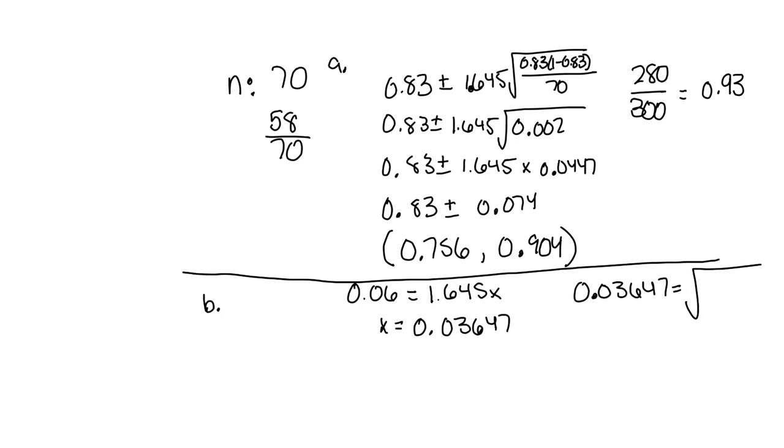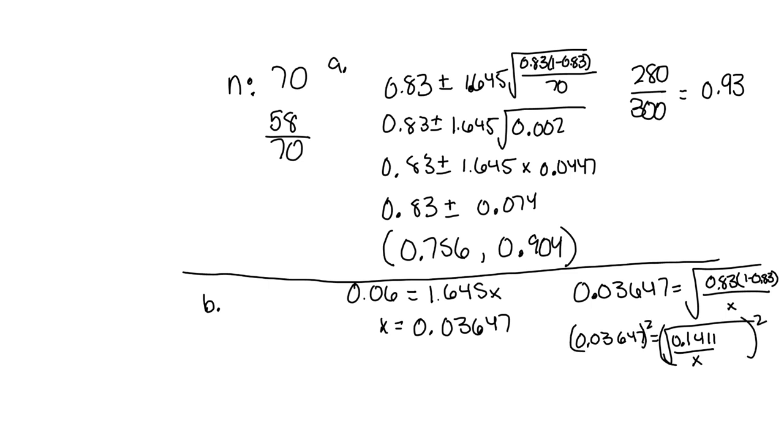0.03647 equals the square root of 0.83 times 1 minus 0.83, or actually, it's 0.83 times 1 minus 0.83, divided by the square root of x. So then I have 0.03647 equals the square root of 0.83 times 0.17, and that's 0.1411 divided by x. And then if I square both sides,